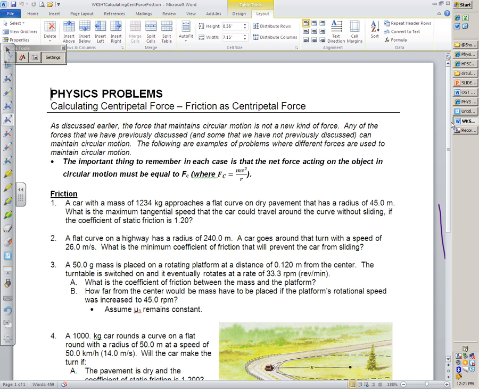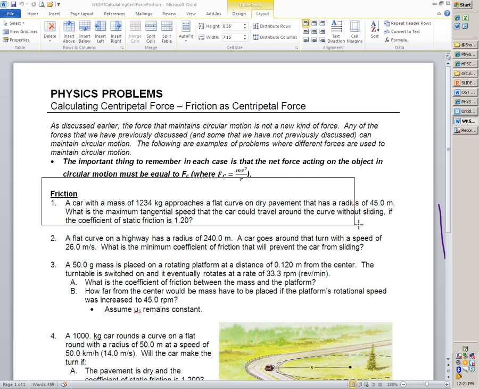That being the case, we're kind of working backwards, right? If it has acceleration, it has net force. That's going to be the key to solving these problems this week: the fact that an object that is moving in a circular path is accelerating, and that acceleration is caused by a net force. If we can determine the net force, that's going to go a long way to helping us solve something about the motion of that object. So with that being said,